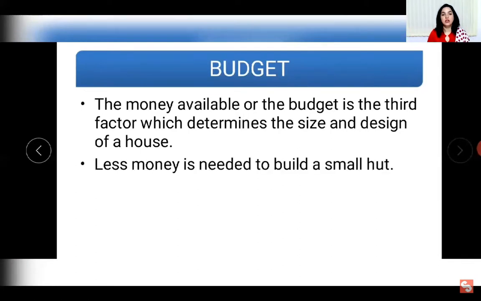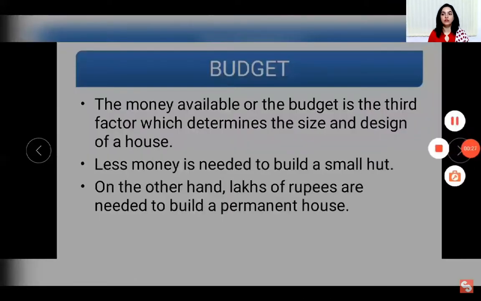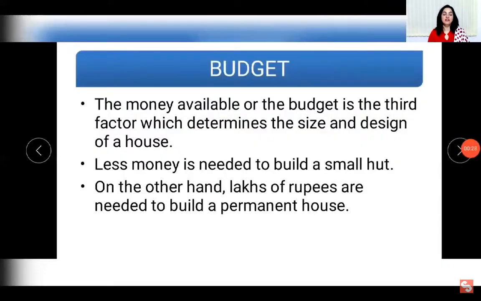Less money is needed to build a very small hut, while lakhs of rupees are needed to build a permanent house. You should have that much budget, then only can you build a very good house.